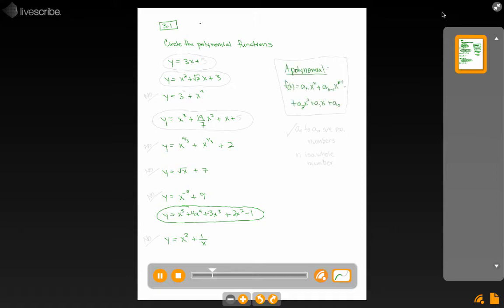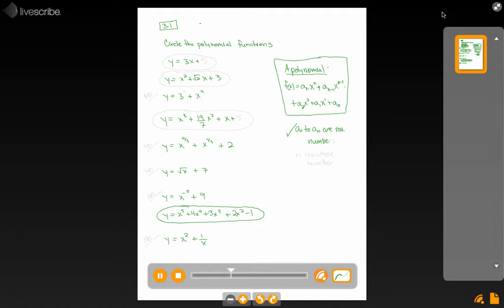If I write a real general form of a polynomial here, it looks quite ugly: f of x equals a_n x to the n plus a_(n-1) x to the n minus 1 plus dot dot dot. There could be lots and lots of terms in there, all the way down to a_2 x squared, a_1 x to the 1, and a_0 x to the 0, which just ends up being a constant. All the a values are real numbers. So a_0 all the way up to a_n are real numbers,